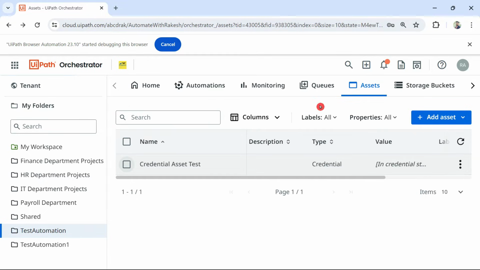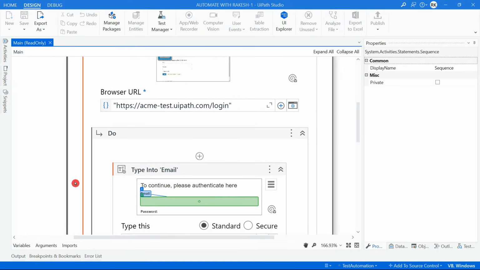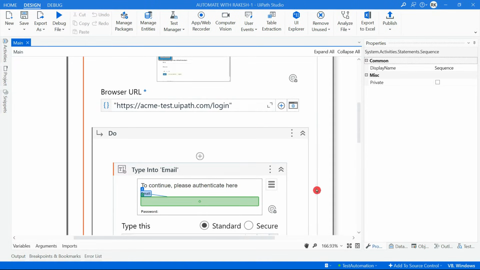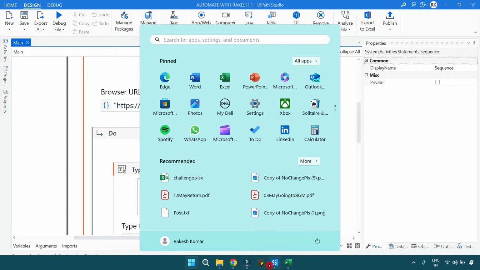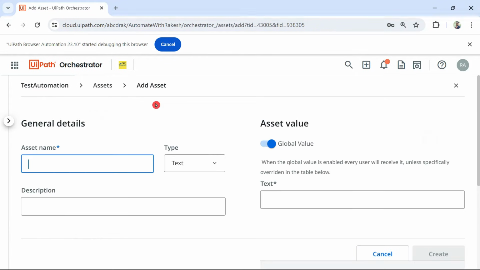Okay, now let's see. It has opened the website. Now you can see it is taking a little time. Okay, so what is the mistake here? It is using the same credential, right? Test1 credential. Actually I have a different credential for Acme. Let me go back to Orchestrator and create an asset called Acme Credentials